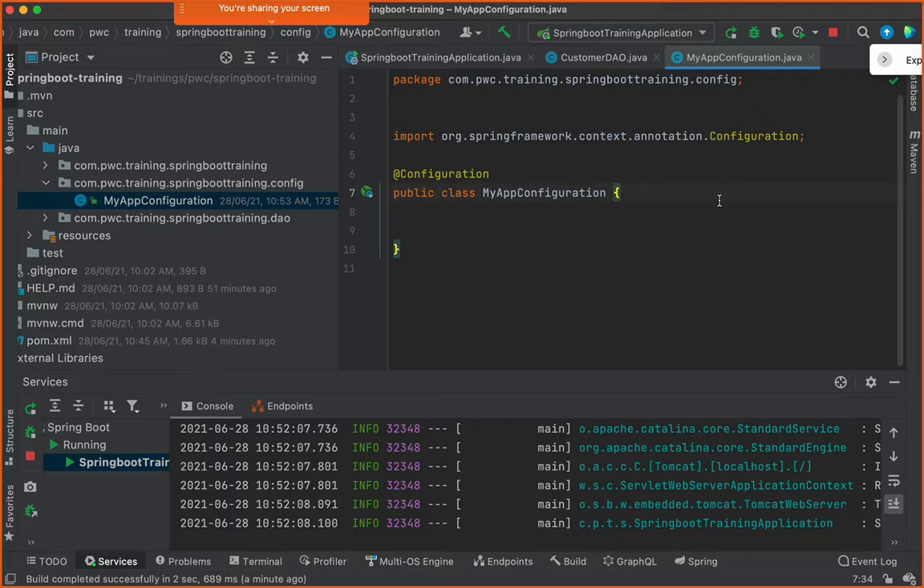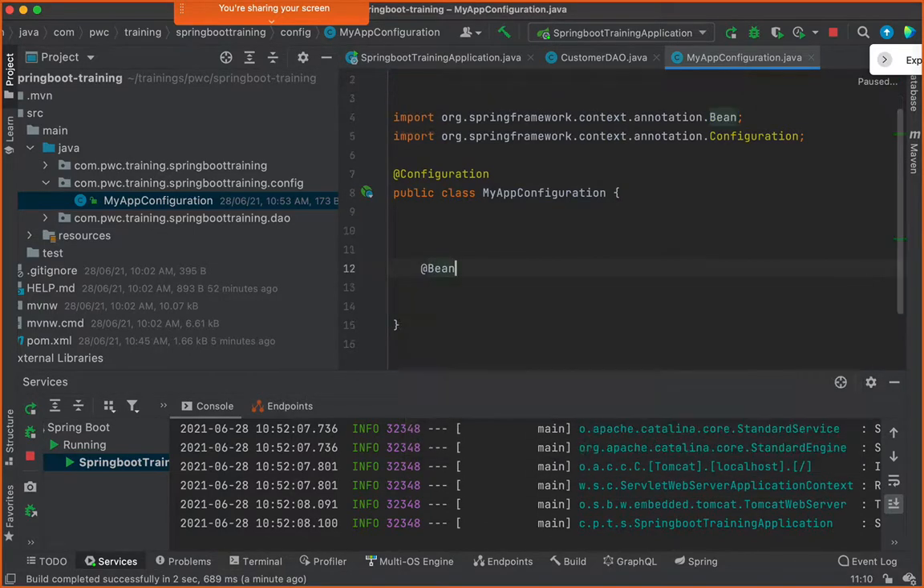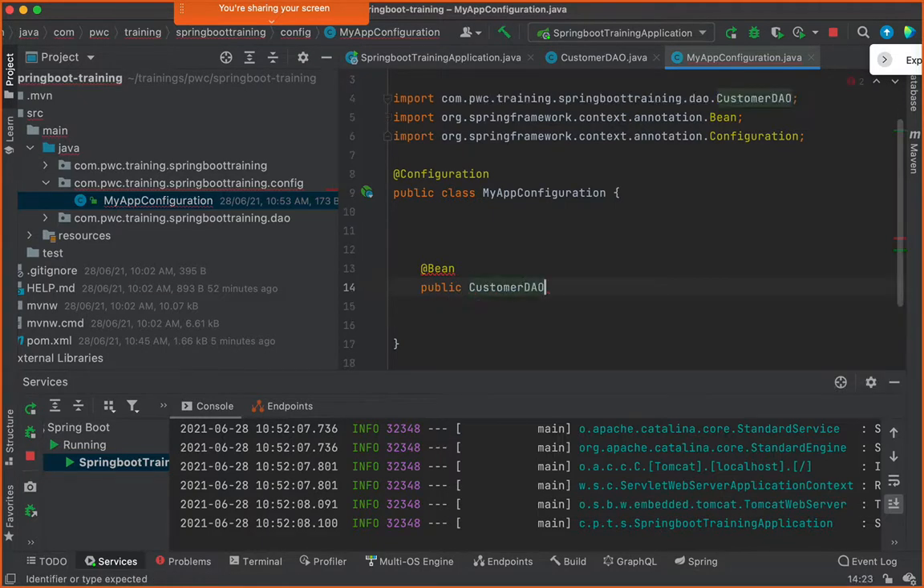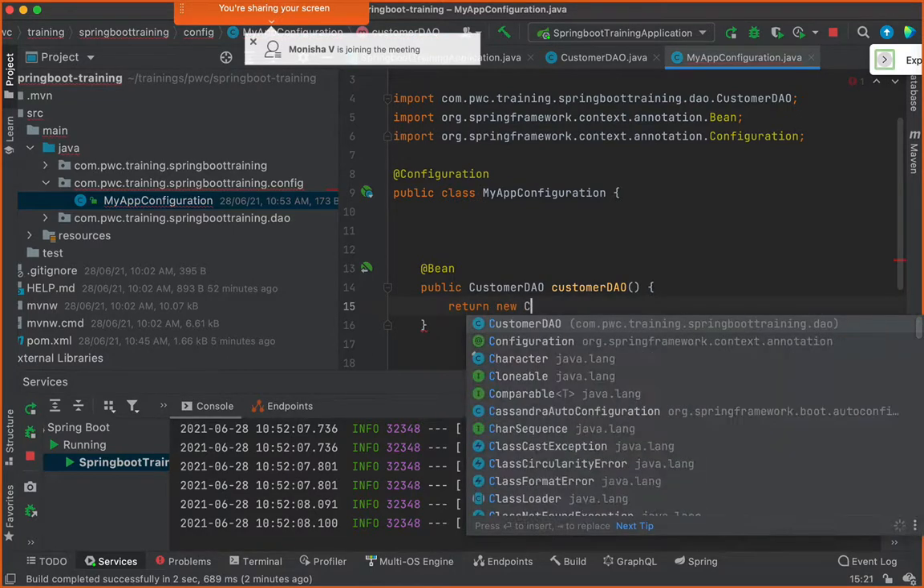Correct, and it will automatically swing this class in action. And here I can define an annotation called @bean, and I will say public. What am I going to return back? Customer DAO, and then I'll say customer DAO, or I can give any method name, but this is the naming convention. I'll say return new customer DAO,